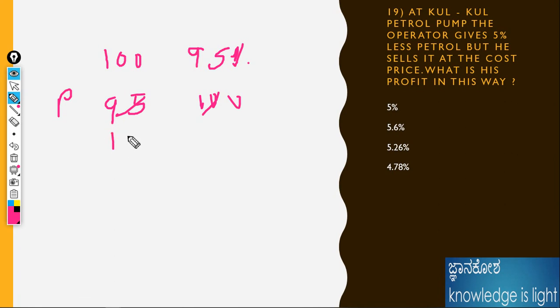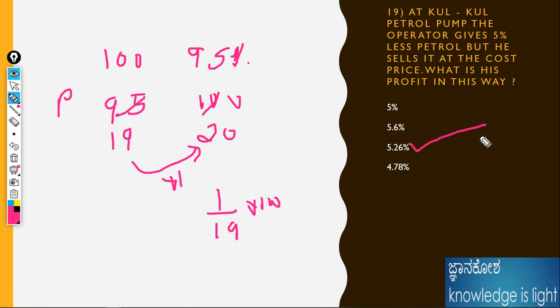19 fives are 95, that means 19, and 19 fives are 95 and 20. What is the increase in the price? Plus 1. Plus 1 divided by 19 into 100, which you already know from the table. 1 by 19 is 5.26, the answer from the table, and that's why I'm telling you please remember the table, because depending on the table only they ask questions in any competitive exam. If you remember the table up to 20, definitely you can easily solve any question. And I will move on to the next topic, or else you can solve either way, this way also.